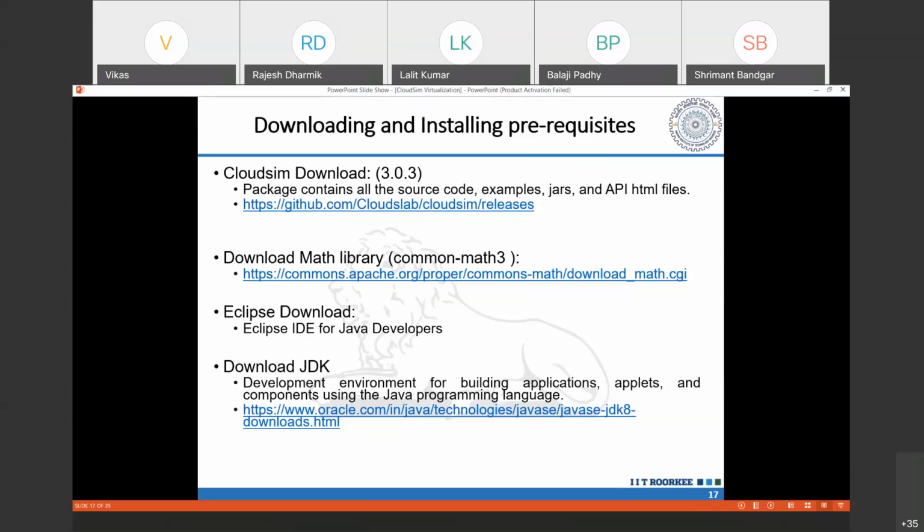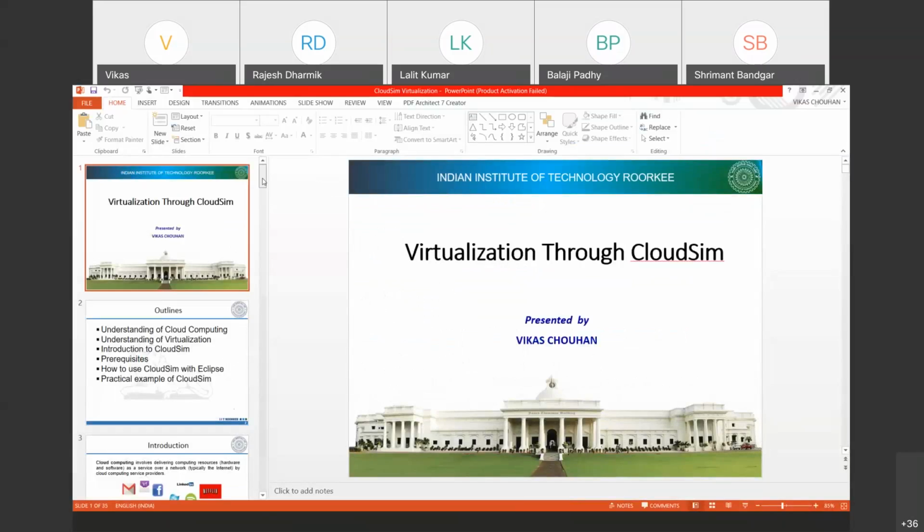Next is to download the math library. There is a common math library provided by Apache, and you can download this library from these links. Another thing you need to download is Eclipse for Java developers, so you can easily integrate and run the CloudSim toolkit. Next, you need to download the Java Development Kit. This is a development environment for building applications, applets, and components using the Java programming language. These are the links given here. So I will show you how to download the